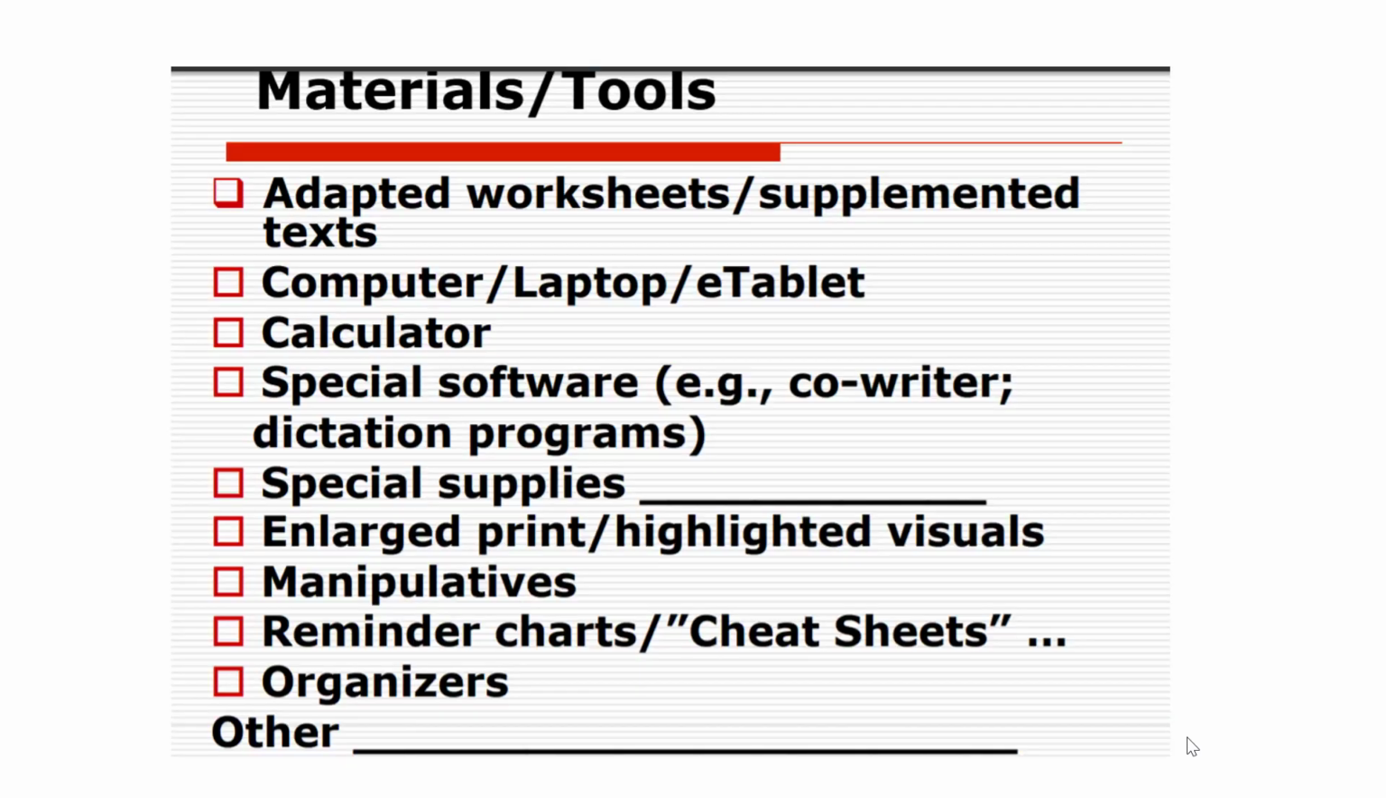Another way to modify this might be to use color coding and sequence using an iPhone app, and then have actual hard copy folders that correspond to the colors so the student can have tasks organized at the outset of lessons. Some materials might be adapted worksheets, supports on a computer, laptop, any sort of app, special software, special supplies,